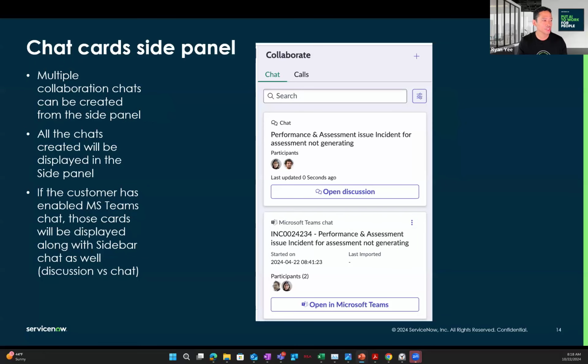Here we have our chat card side panel, right? Where you can see we have multiple discussions that are going on at once, concurrently. So part of that also shows up within the Service Operations Workspace, right? Very convenient. Again, agents don't have to pivot out of the platform into a separate UI in order to manage that functionality. Another great benefit of actually having this level of functionality within the platform means that you can associate the conversations